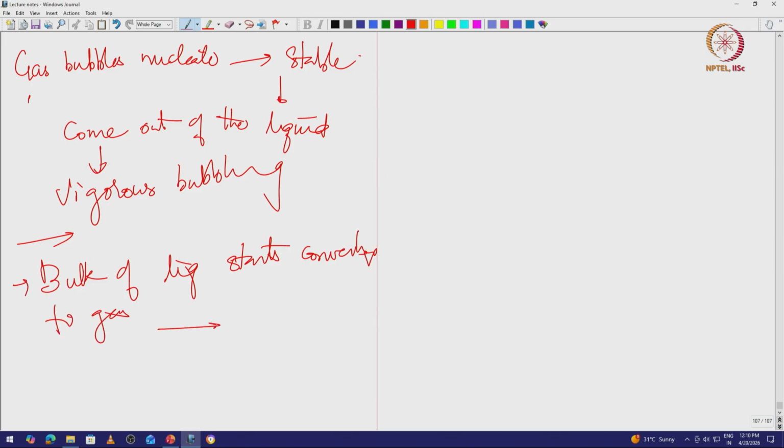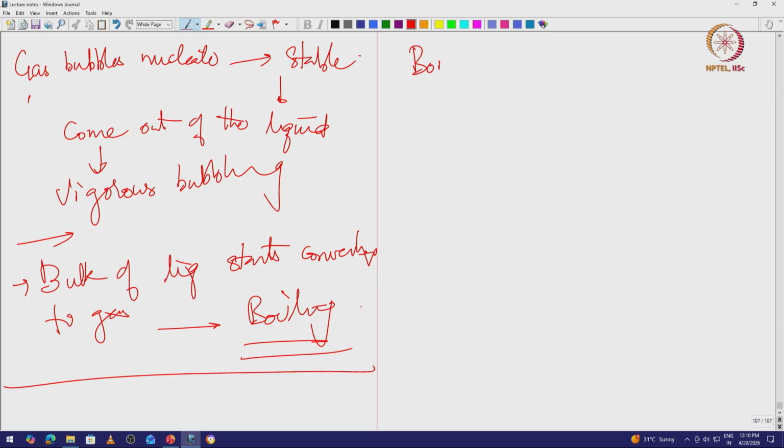Now, this is the idea of boiling, this vigorous bubbling that happens when the pressure in the gas bubble that is created in the bulk is larger than 1 atmosphere, that is when it will just come out, right. So, it will vigorously bubble, and that is the idea of boiling, and it is different from the idea of evaporation, right. Now, boiling is a phase transition, complete bulk phase transition,